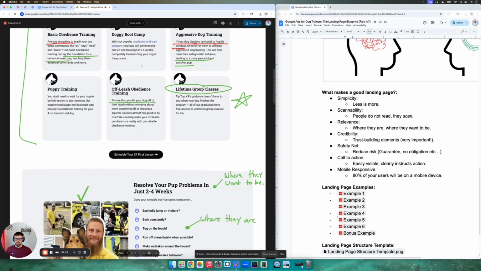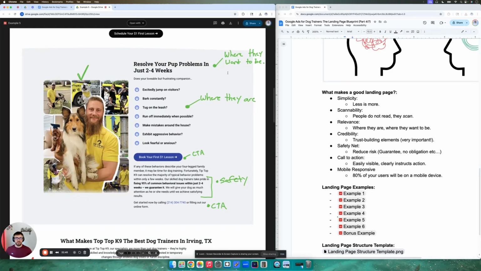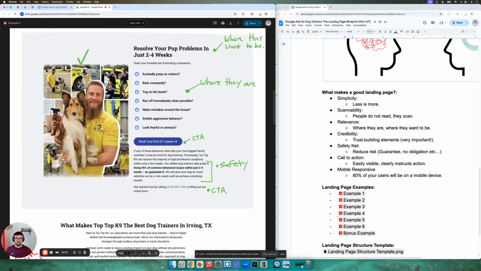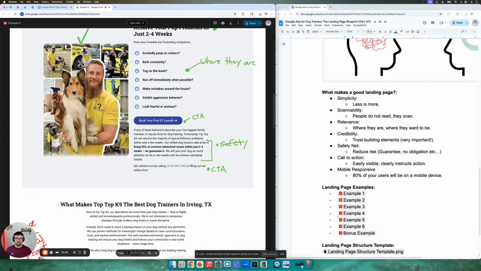All right, let's keep going. Again, where they want to be, where they are. I'm going to speed things up a bit. If you want to look more at what's on the landing page here, just give this video a pause. But again, they're just diving into where they want to be and where they are right now, right? Here are the issues they're dealing with. This would be an outcome that they would love to have, I'm sure. Again, using another CTA,